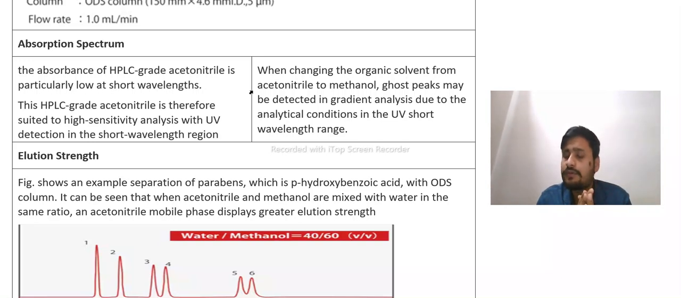ACN has a very low UV cutoff, that is 195 nanometer, and with such a very low UV range, it can't give any